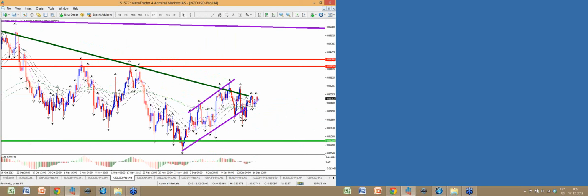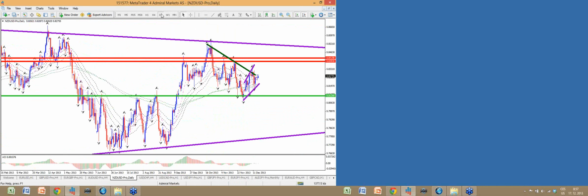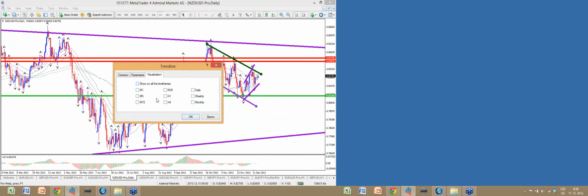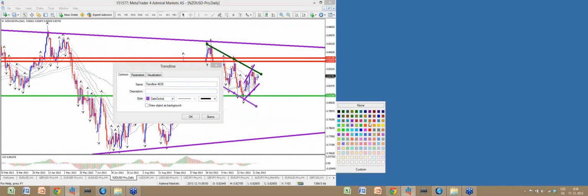Kiwi is quite choppy. It remains choppy. Once chop starts, you never know when it can end. It could continue for longer than we think, in fact. This has been a very choppy move and has remained like that, as we can see. Maybe some kind of channel to the downside, potentially, but otherwise not a real interesting